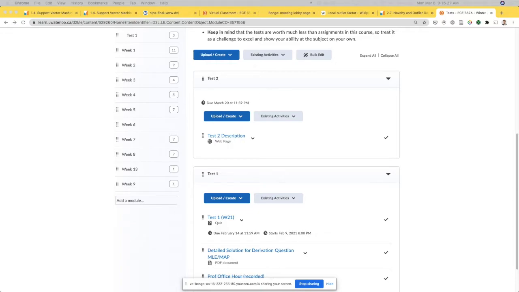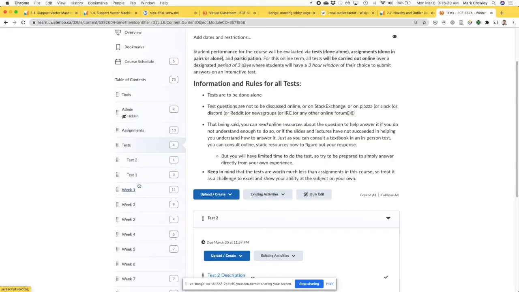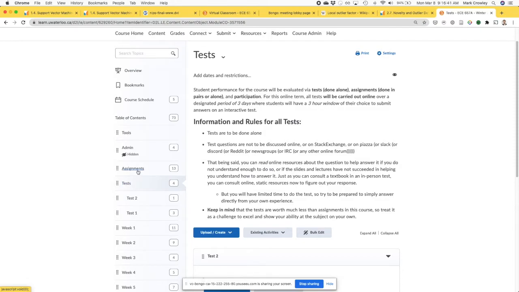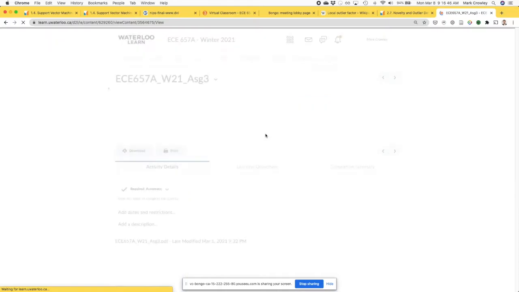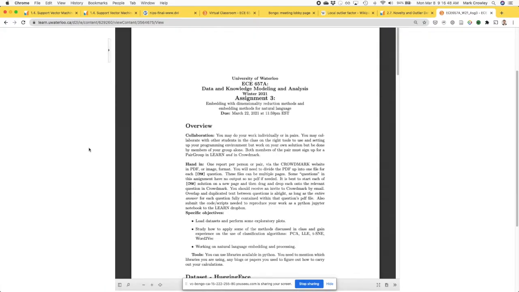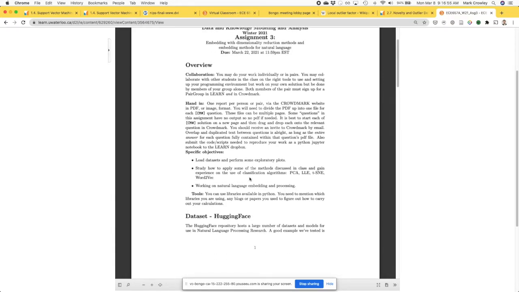And somebody had something about features. Are we to embed in the climate fever data set? This is more about the assignment. And so if you haven't taken a look at the assignment yet, you should take a look. Like I said, we're going to be using some text data sets and some of these dimensionality reduction methods.